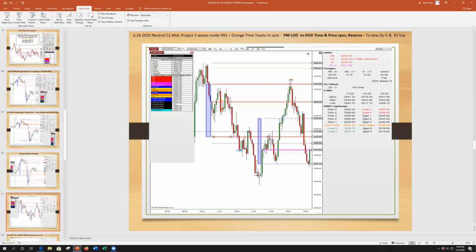We can see that we got a LOD price here. The market went down a bit further than the LOD price. And sometimes if you're not comfortable with that, you must understand the context, but you can also wait for 3 bars to see whether the market comes back up above that price. Again, context is everything, and that's part of the learning curve.